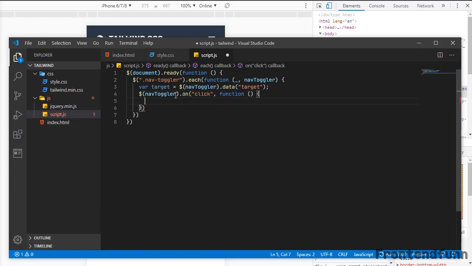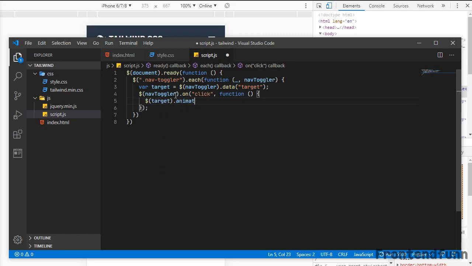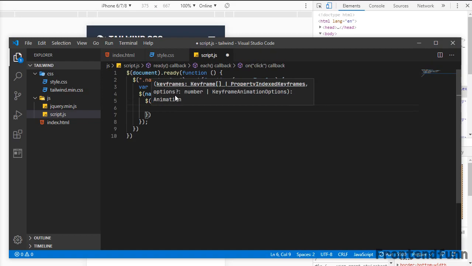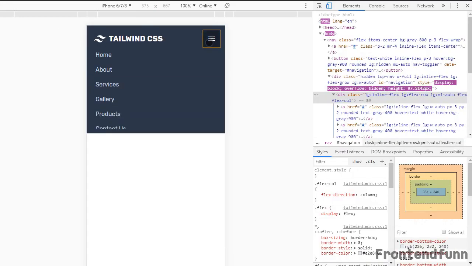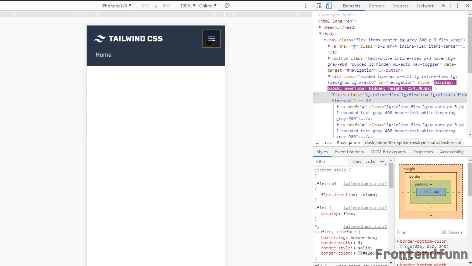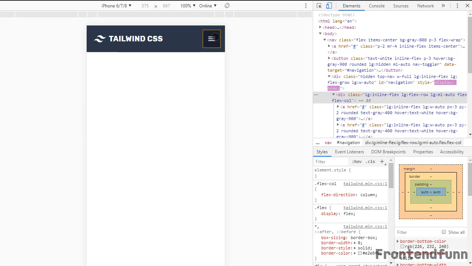So inside the on click function, I need to animate the target using the height toggle method. So if I click on this, as you can see, I am having the toggle effect here,